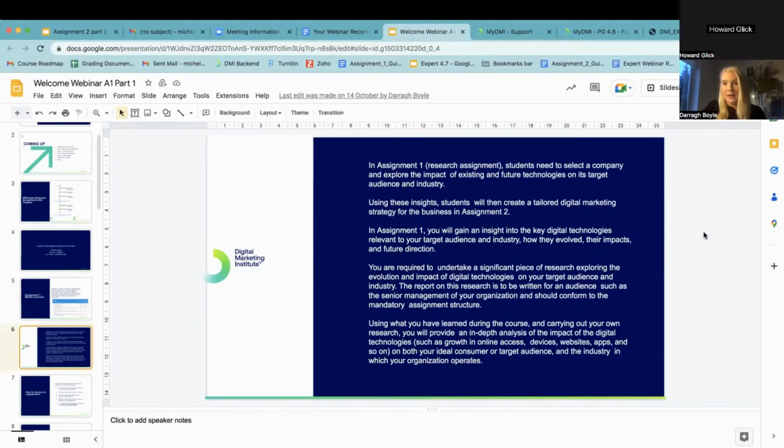There's just a few key requirements that do need to be met in terms of the logistics of what the business should look like. There's not many, but I'll just go through these now. So you're going to need to be able to gain some insights into their digital practices already. What do they do? A little bit about their services, to find out who their customers are, what customers they want to target. You're going to have to know some insights about their sales, their services, their revenue streams. You know, what are they selling? What are their services? What do they want to gain more of? Find out some insights about their business.